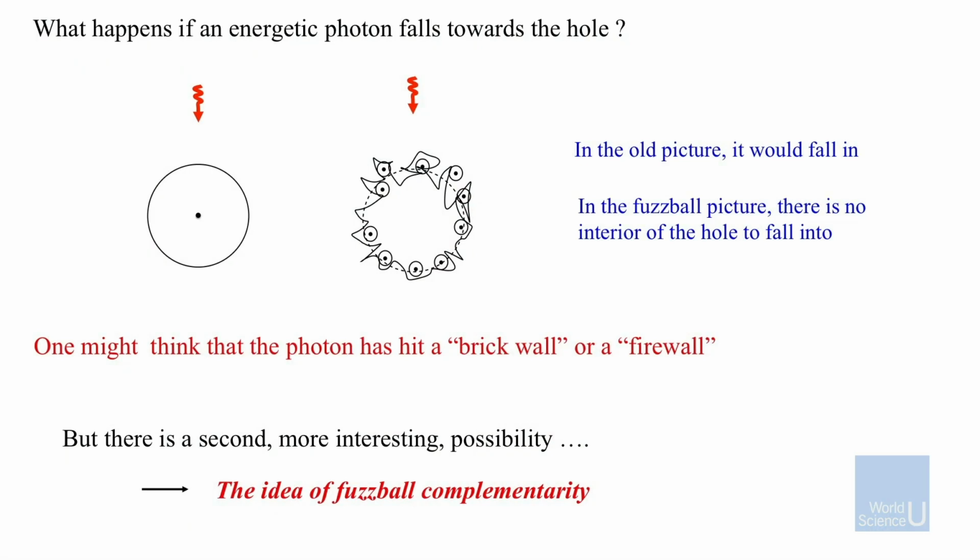So I just drew the question for you here. If an energetic photon is falling in here, it will just go through here. Here, this is just a demarcation boundary where the energy changes sign, but there's nothing really there in the normal picture. And then you can go all the way down to the center. That was the normal picture. And now we have the surface, so it looks like you'll crash and burn when you hit the surface.